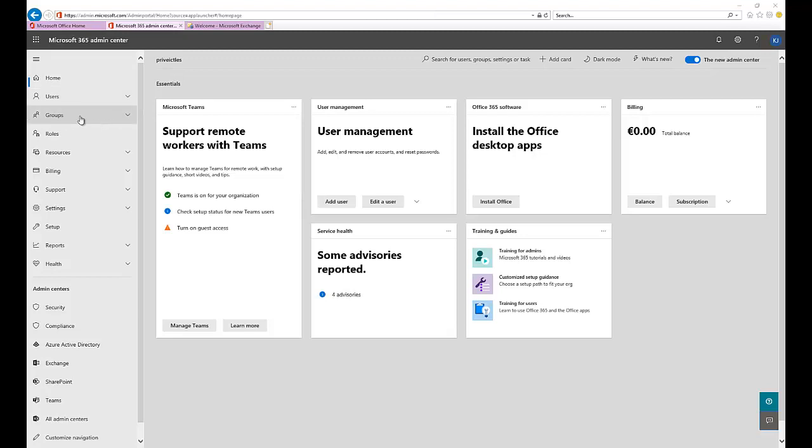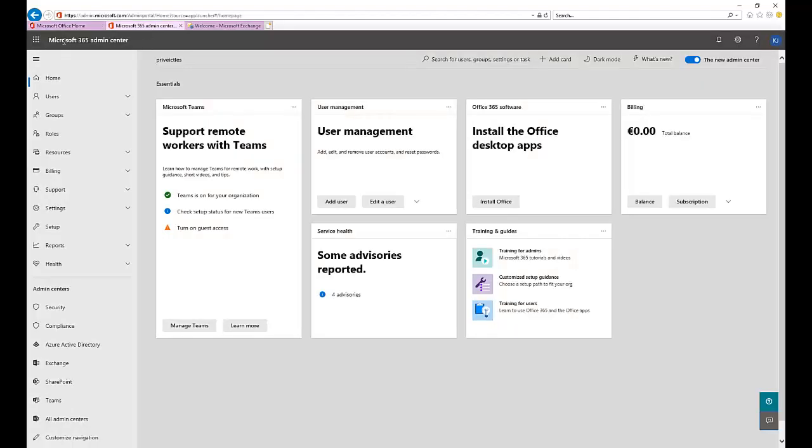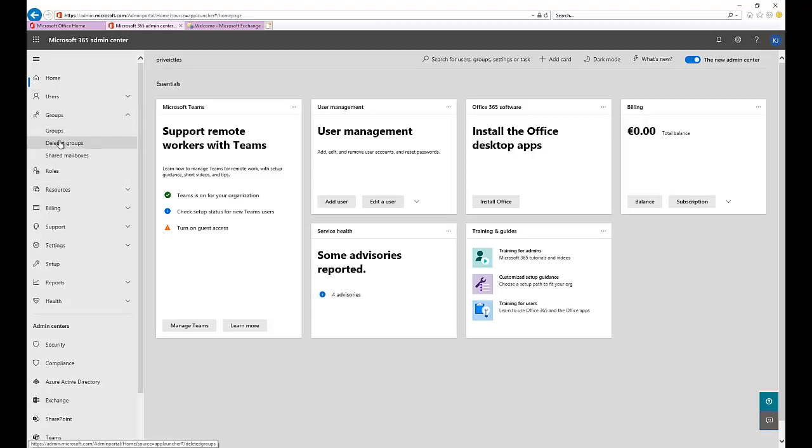First of all, you have to log on to office.com and then go to your admin center. When you click the admin center, you'll be redirected to the Office 365 or Microsoft 365 admin center. To perform this creation, you will need to have admin privilege on Office 365. So go to groups, and here you see groups, and you also have the shared mailbox,